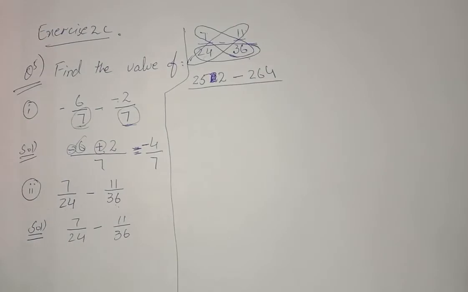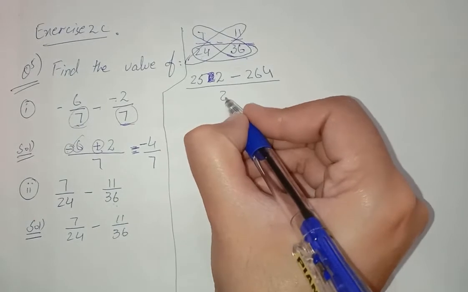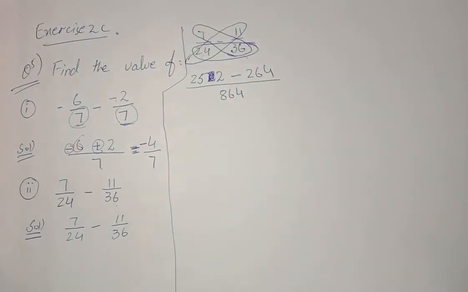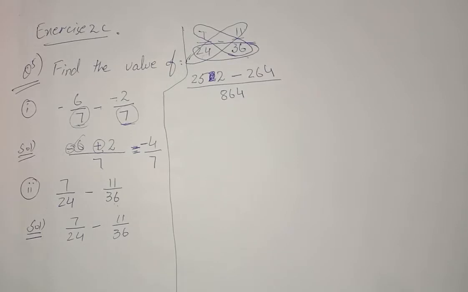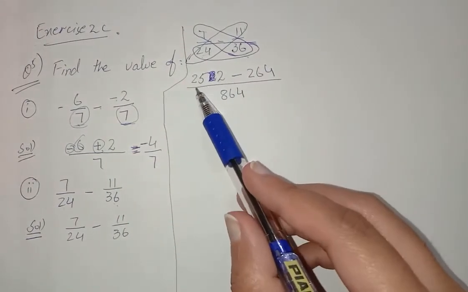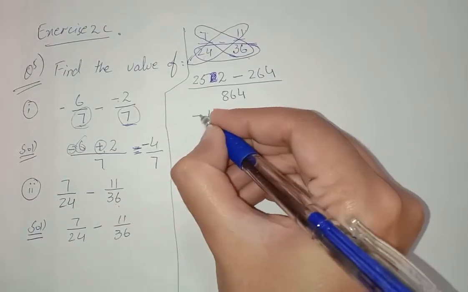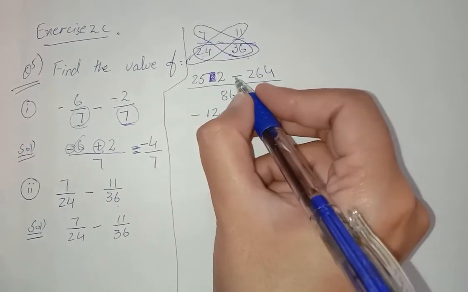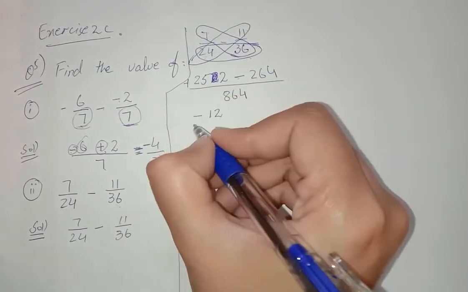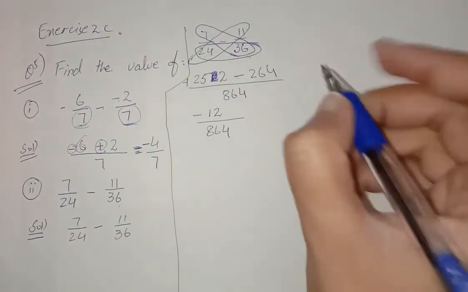We have to multiply 24 with 36. If we multiply 24 with 36, the answer is 864. So this is called the butterfly method, that we can solve these questions with a butterfly. Now we have to subtract 252 and 264. The answer is 12 with minus, because the big value has a negative sign and the small value has a positive sign, divided by 864. And now we can simply divide